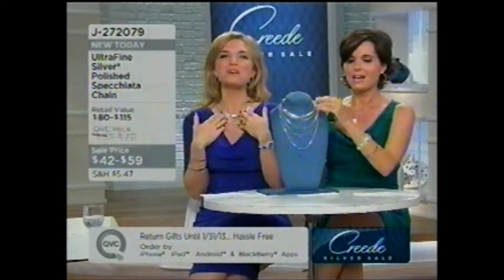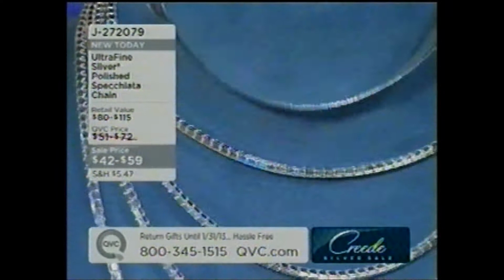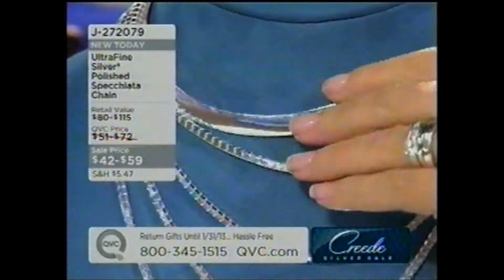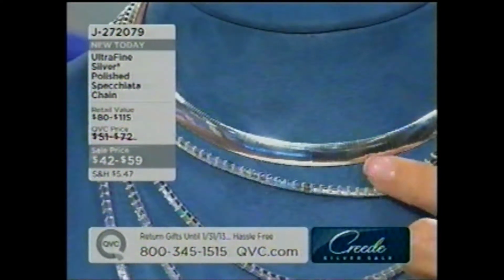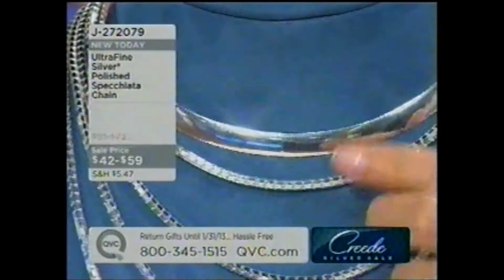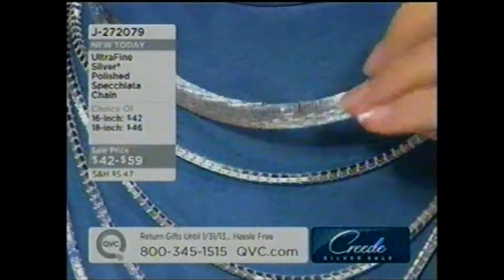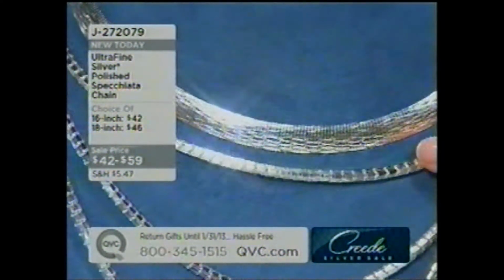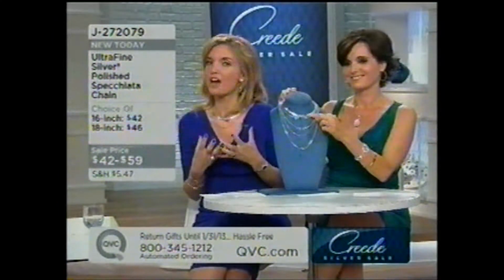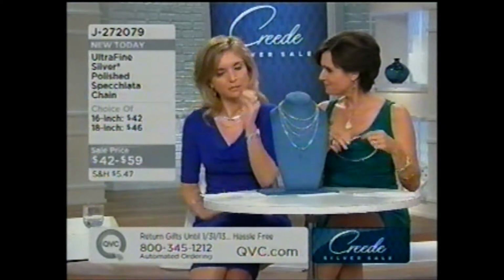There you go. I'm wearing it with the Today's Special Value, which Nancy just pulled out to show you that great duality, that great look. It's all ultrafine silver. So whether you're picking up 1 piece or 2, if you pick up the Today's Special Value, now you have 3 looks because you have 2 looks in that reversible necklace. There's the 16-inch. And you have that great dimension and texturization and light and fire in the Specchiata chain, which is one of the reasons why it's my pick of the show, because it is a simple piece